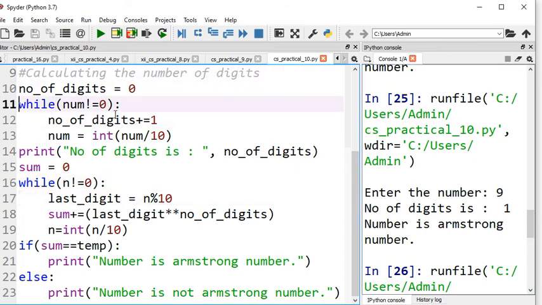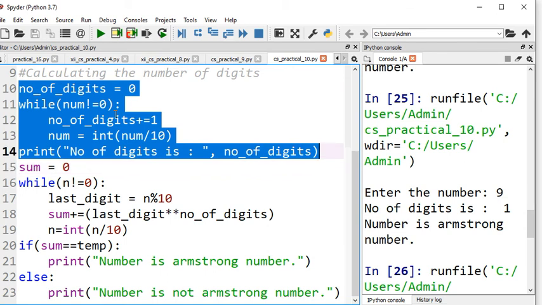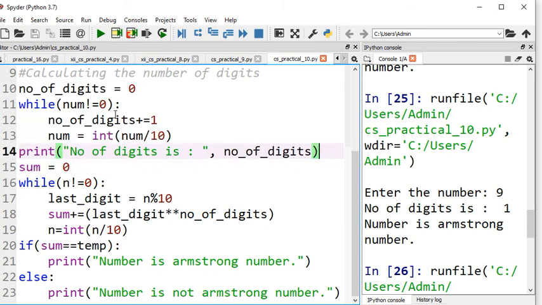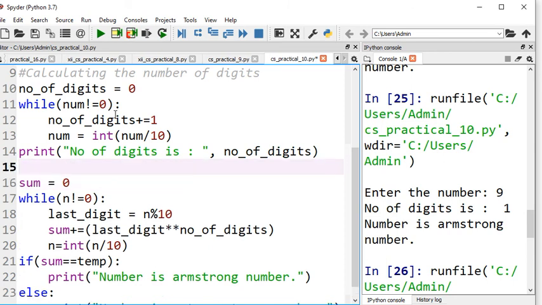This complete program is divided into 2 parts. One is how to calculate the number of digits in a number, and then the second portion is to calculate the sum of the digits power raised to the number of digits.